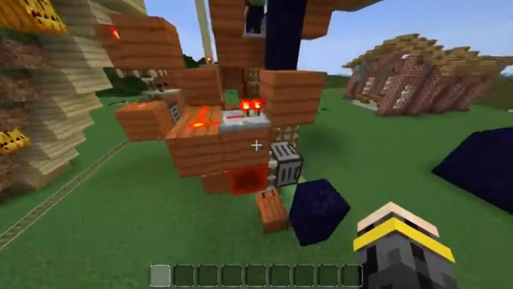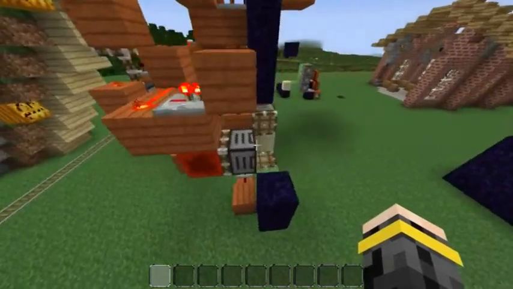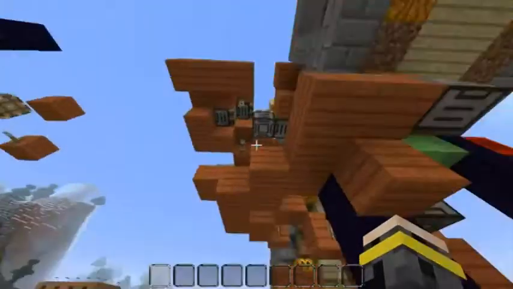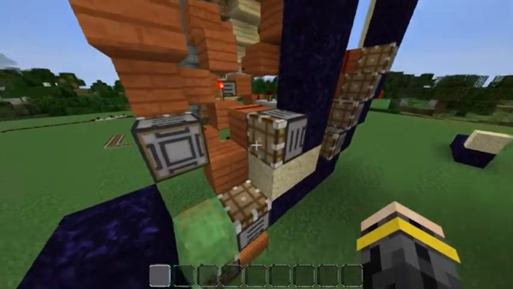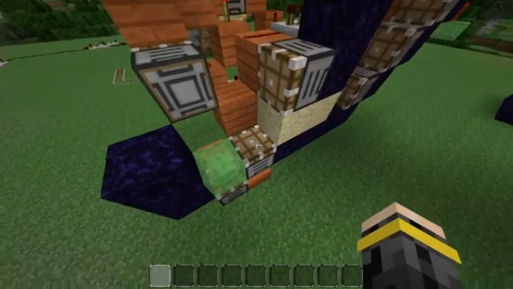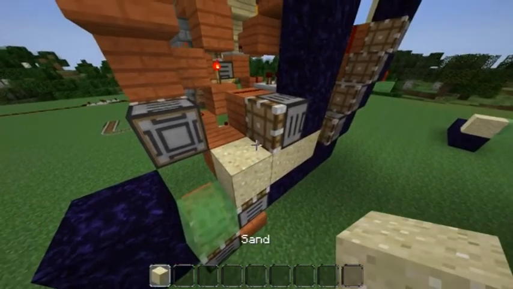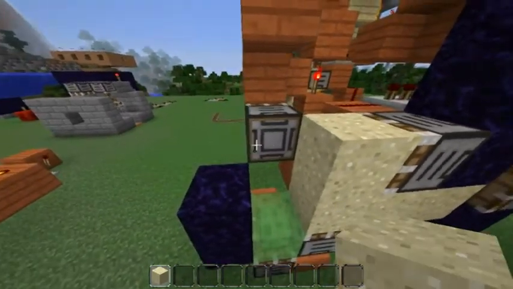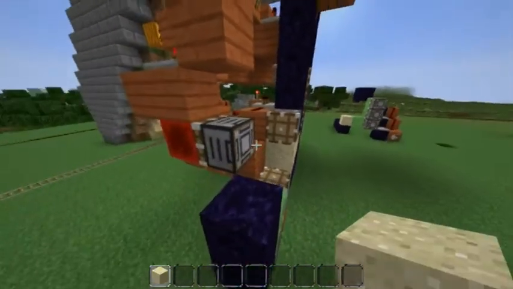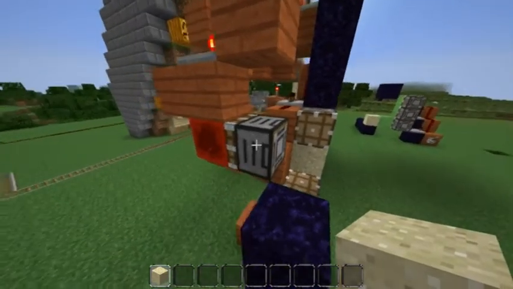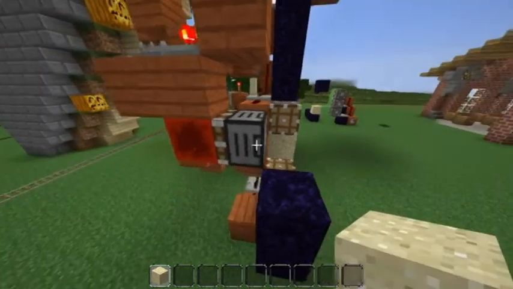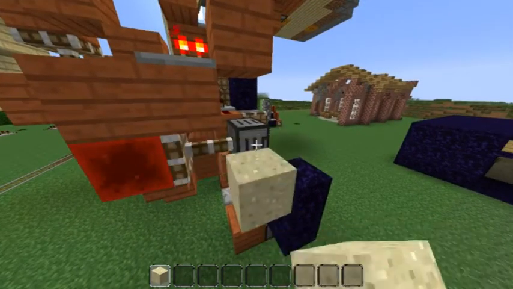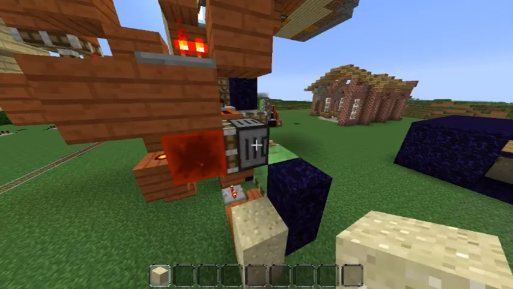There's the door. Here is a bud switch that I use to detect whether or not sand is continuing to be bounced up to the top. So when this piston pushes up, the sand up, it comes up to this piston here, which pushes it to the side, and that creates a single block update, because it will create a single block update when it's placed, and when it falls it doesn't create a block update, so